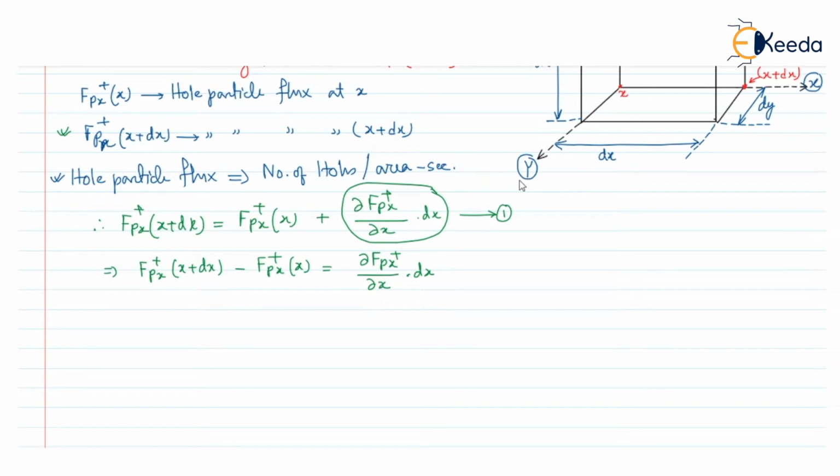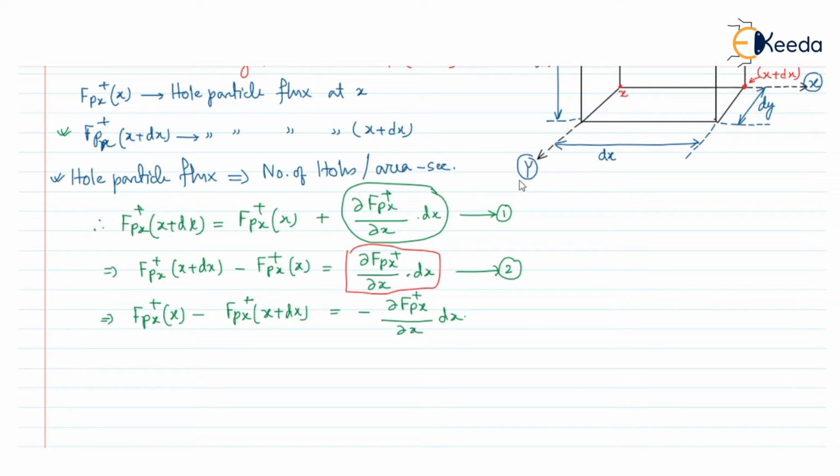Now, this equation can also be written in this form: if we take Fpx at x plus first, minus Fpx at x plus dx plus, it will be equal to minus del of Fpx by del x into dx. So the left hand side of the equation 2, that is this part,